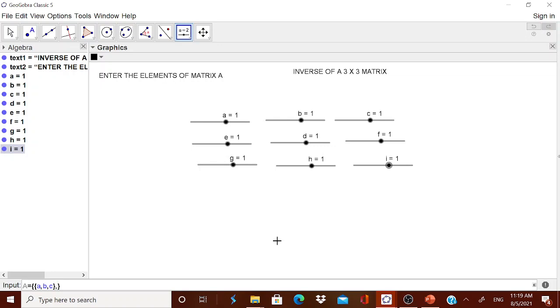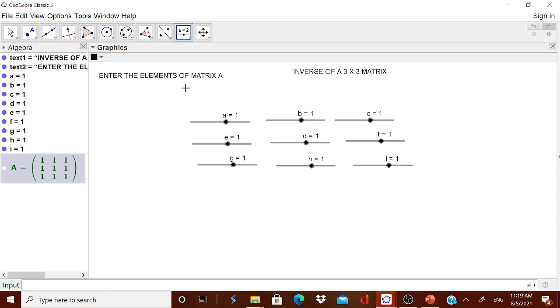Again put a comma, then don't come out of the whole bracket. Next one is d comma e comma f. Then I can come out, comma, then g comma h comma i. Check whether all of these are written perfectly and then press enter.